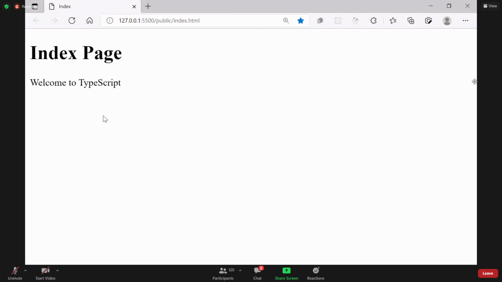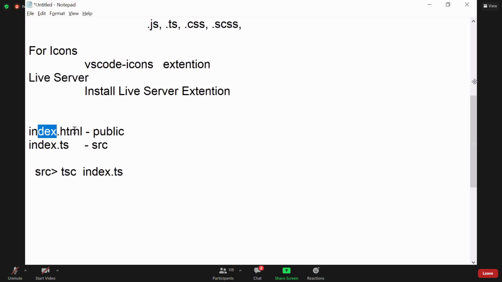This is how TypeScript is generally used in a web page. To use TypeScript, you have to know these points. These are the basic things: how to add TypeScript into the page and how to transcompile. This will generate index.js. Now you have to link the JavaScript .js file to the web page. TypeScript cannot work directly.